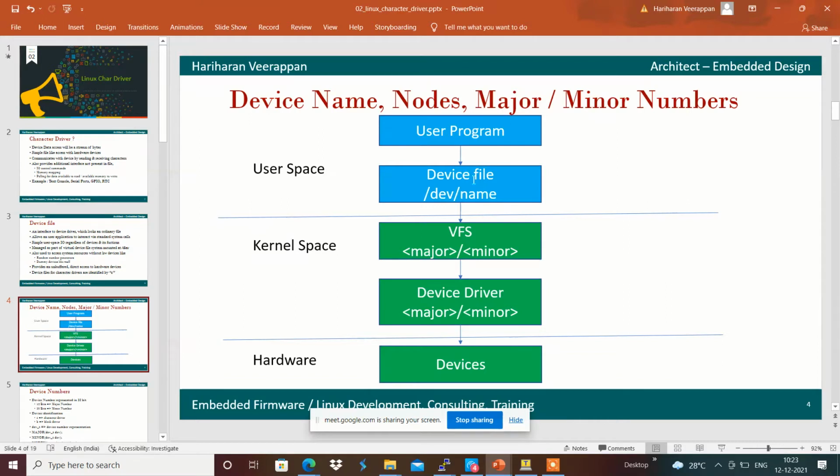The device file representation is used by the user program to access this. The access on the device file is denoted with the major and minor number, which links to the respective device driver or kernel module in the kernel space. Using that, the respective devices get accessed.